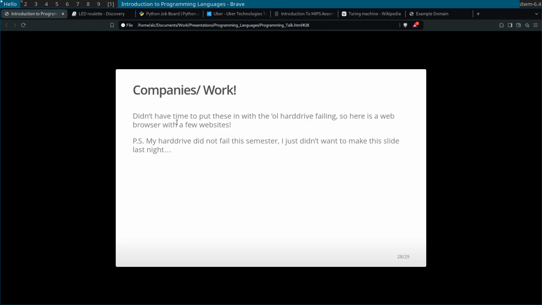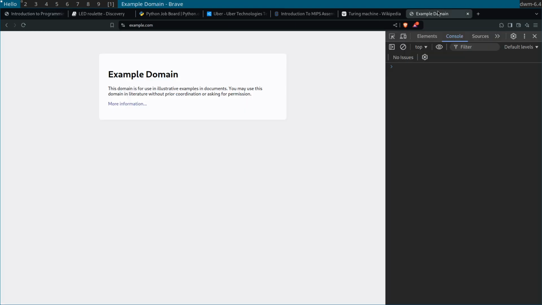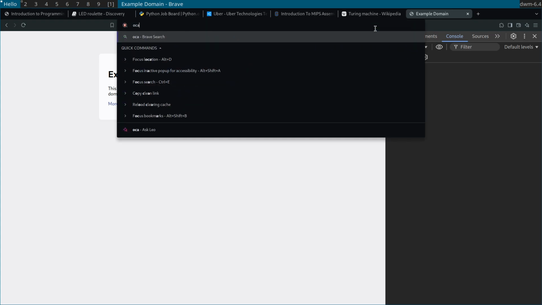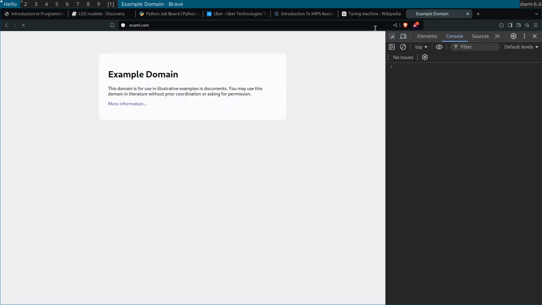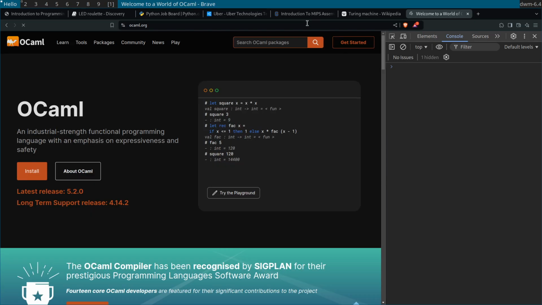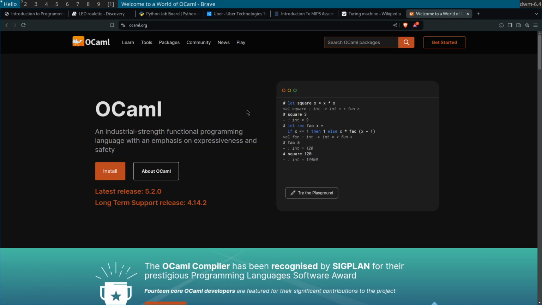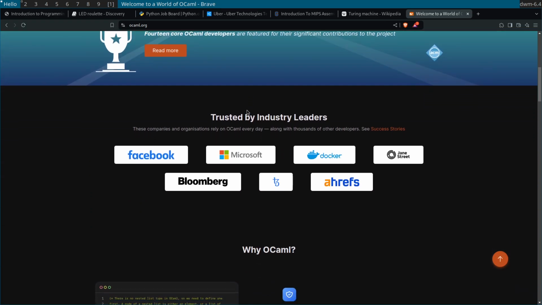And that's obviously a big reason in general. I know OCaml is specifically used by Jane Street, which is a financial tech company, and you can see all of these places actually use OCaml.